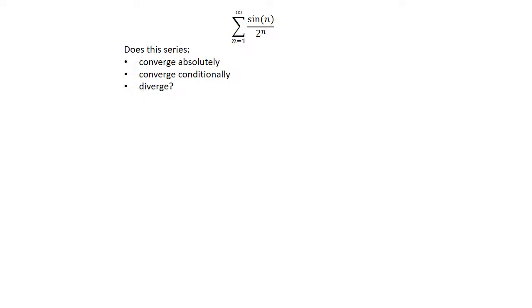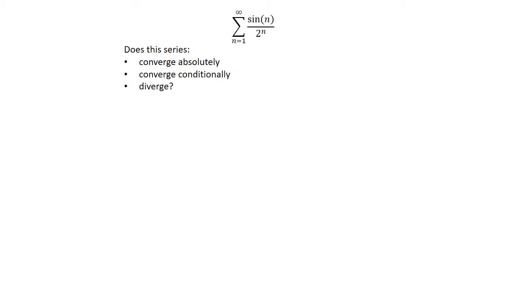All right, let's do an example. So we have the series, the sum from n equals 1 to infinity of sine of n over 2 to the n, and we want to know whether our series converges absolutely, conditionally, or whether it diverges. Okay, so